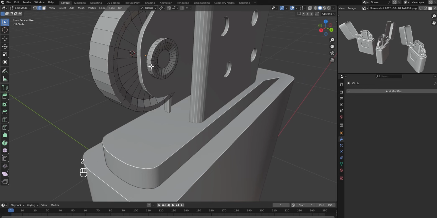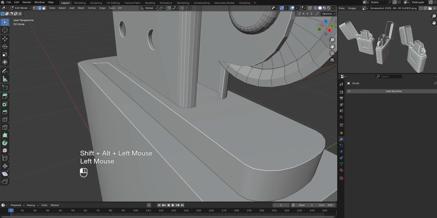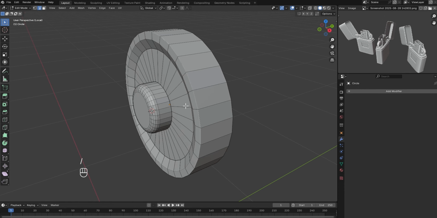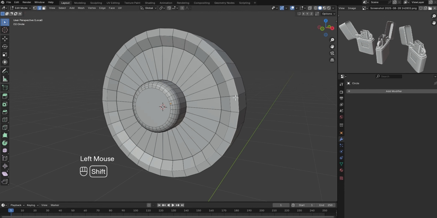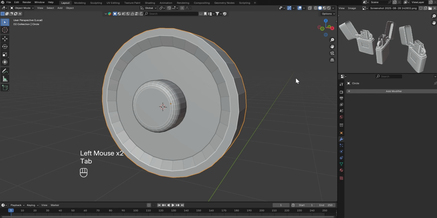Alright, so after this is done, the next thing we are going to do is to be in the edge selection mode, hold Shift and Alt, select this edge, and then select this edge. No, hold Shift and Alt, select this one. Also come over here, let's isolate this, hold Shift and Alt, select this face and select this face, then Control B to bevel like so. Alright,